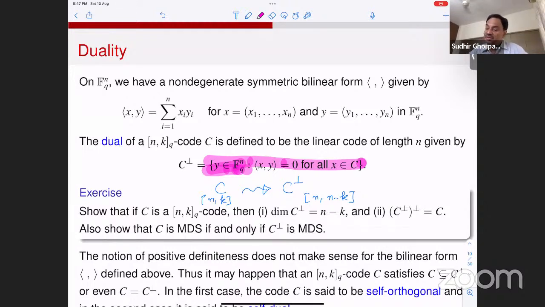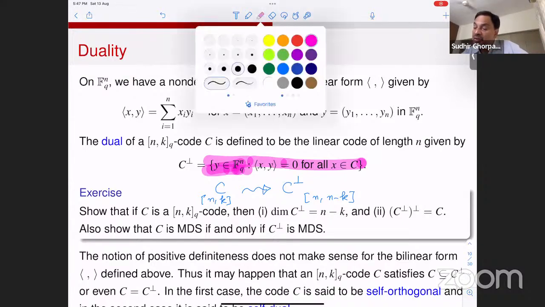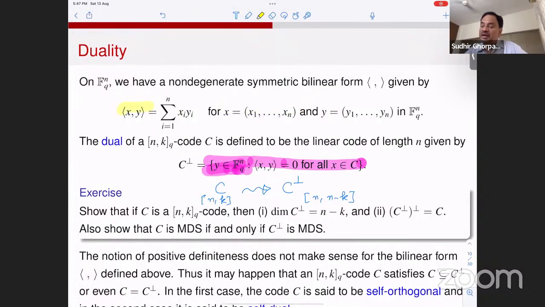Okay. And what is this dot product or inner product? It's not really an inner product. It's a bilinear form, given by the usual dot product of x and y: x1 y1 plus x2 y2 plus dot dot dot plus xn yn. Okay. So if you take those vectors whose dot product with every element of C is 0, that constitutes a subspace of F_q to the power n. It's not difficult to show that its dimension is exactly complementary, that is n minus k, and that is therefore a code of length n and dimension n minus k called the dual of C. Okay, I leave it to you, if you're interested, to show this as an exercise,